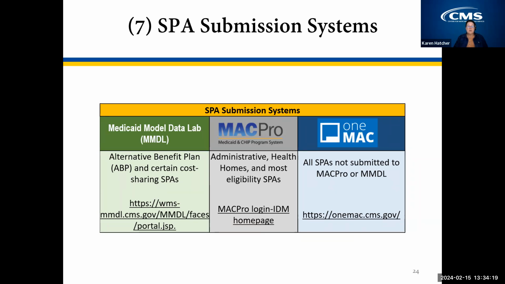For many years, CMCS used an email-based system for most SPAs with a mailbox for each CMCS regional office. As of February 1, 2022, OneMac replaced the email-based submission system. The regional mailboxes have been closed and states are no longer able to use them for SPA submissions. If you attempt to send an email to the old SPA mailboxes, you should receive a bounce back stating the message has not been delivered.